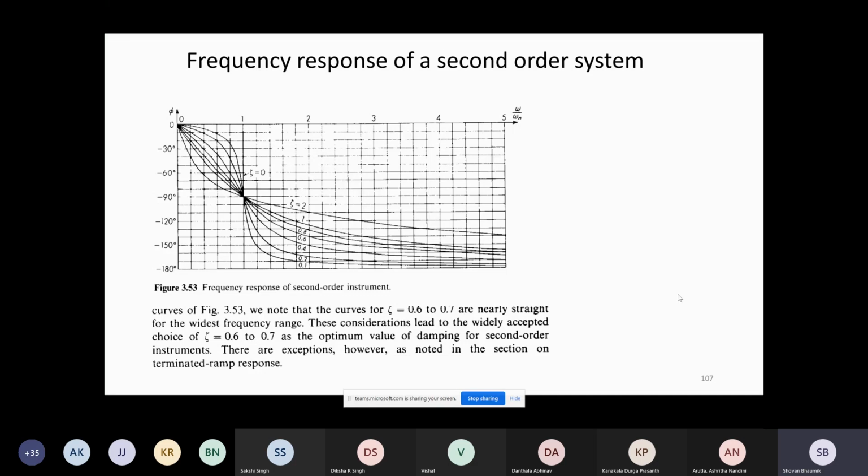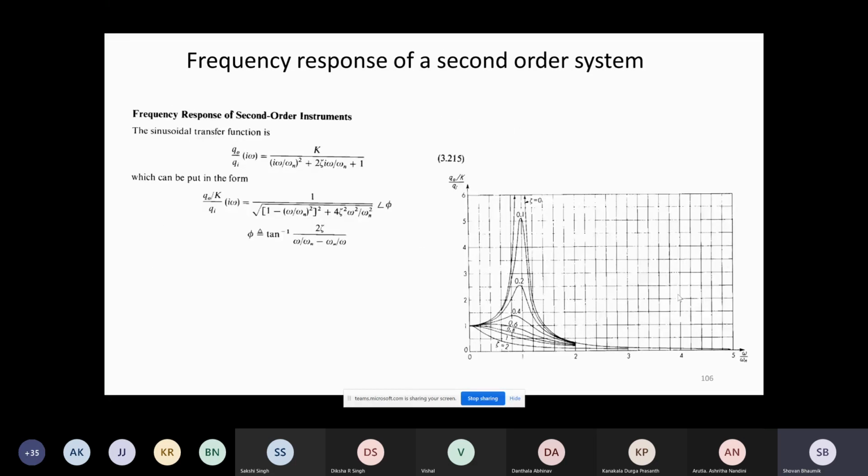If you have a transfer function like equation 3.215, you know the k value because you know the system, you know omega n because you know the system, and you know zeta because you know the system. Now think about omega: you wrote many omegas in the first column, the x column. So for example, if your omega is 0.1 or 0.01, you can substitute that omega value in equation 3.215